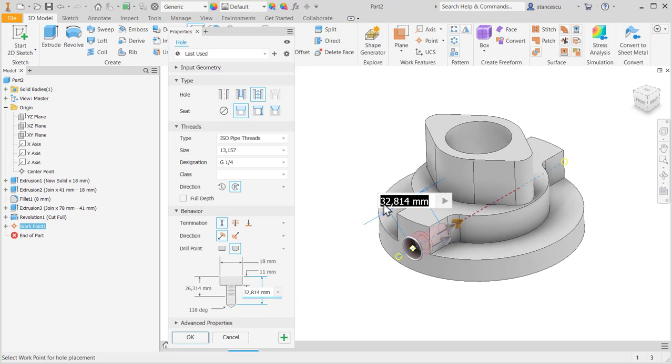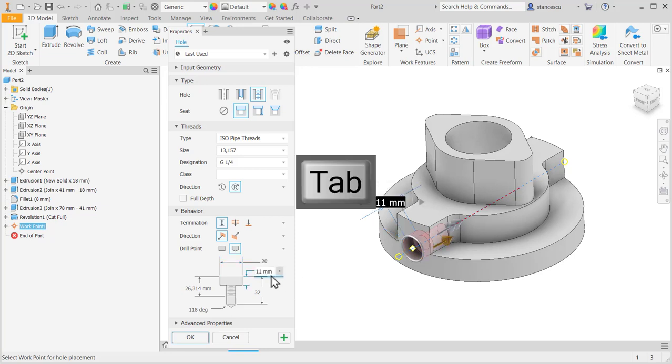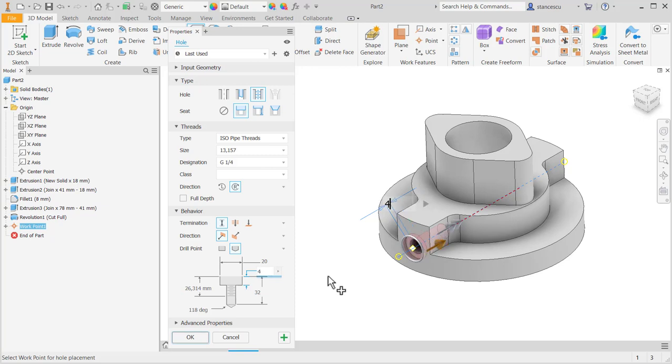This is 32, and we have also 32. Okay. Tab to the diameter of the counterbore. You see here is selected. We have 20. Then tab to the depth of this. We have 4. Good. Tab